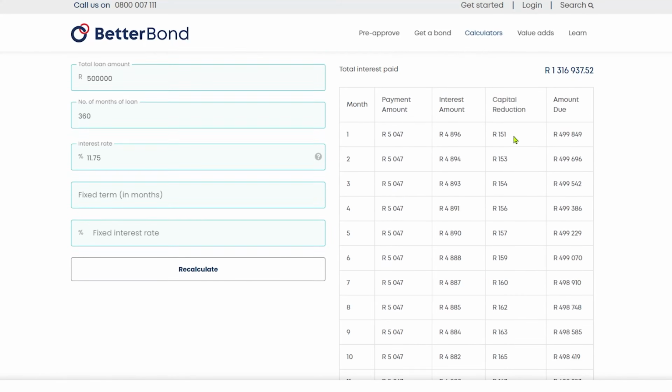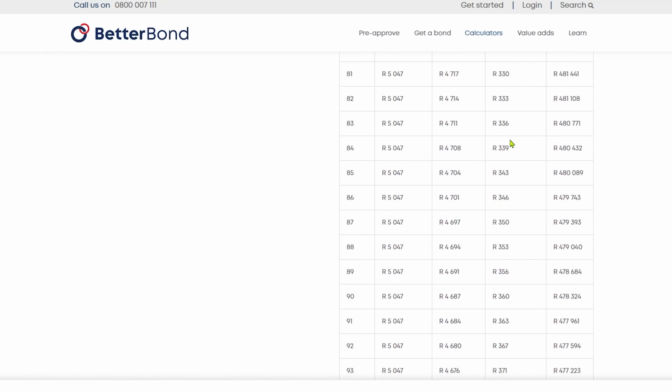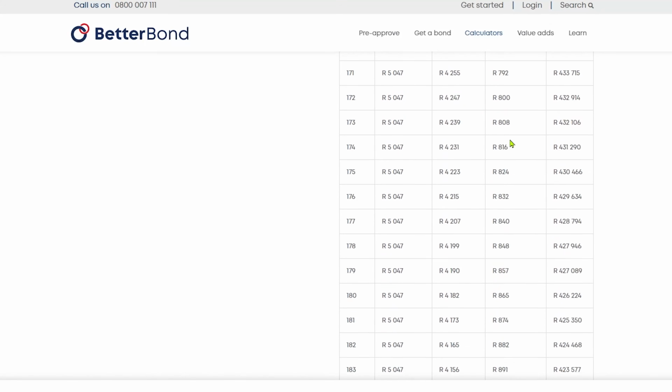So if I scroll down, we can see that this will continue for 360 months, which is basically 30 years. If you are okay with paying around 1.3 million Rand on interest payments on a 500,000 Rand loan, then you can continue with the basic payment method. But obviously you are here to reduce your overall loan term, and I'm going to show you guys how we